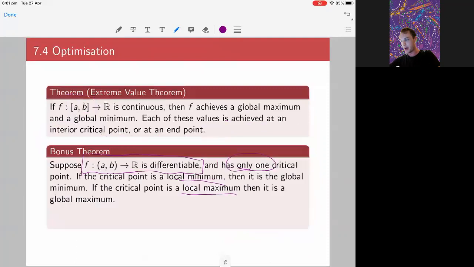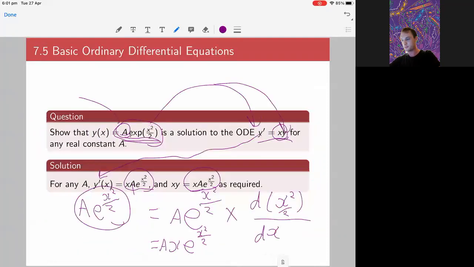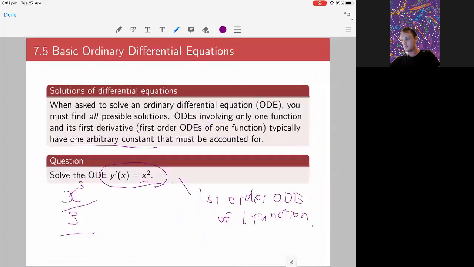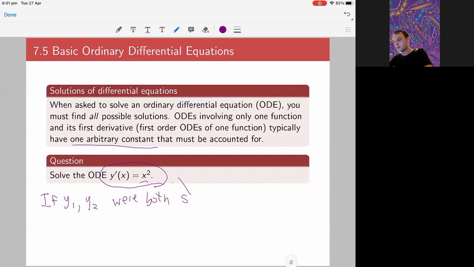Let's pull back a second. The question was, how do we know that adding C is the only thing you can do to a solution to get another solution? The way we see that is as follows. If y1 and y2 were both solutions,